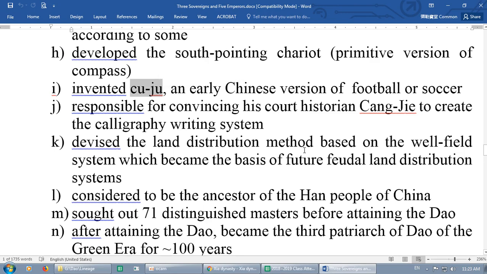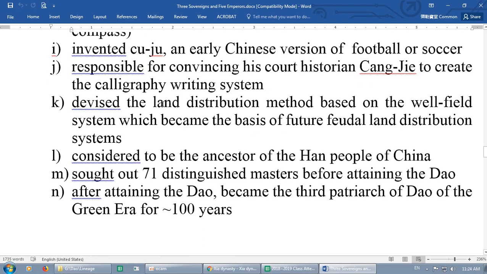Later in the Han Dynasty, they have manuals or books describing the different forms of games based on Cuju. They have a net. They said you can't use your arms. You can touch the ball with any part of your body except your arms, which is like football, soccer. They have to kick into a net. At first it was not a net, it was like a hole with a net or something. Then later on, they set posts, which is like the goal. So it's very interesting. Weird, huh? That was news to me.